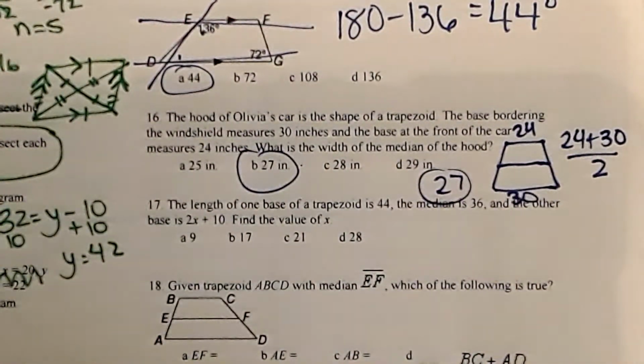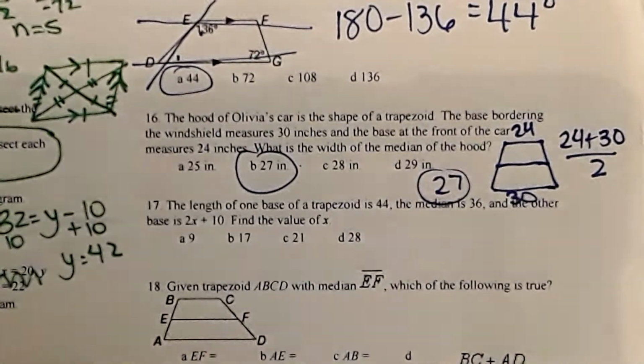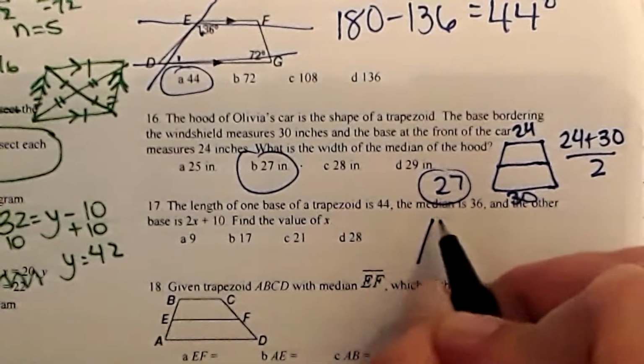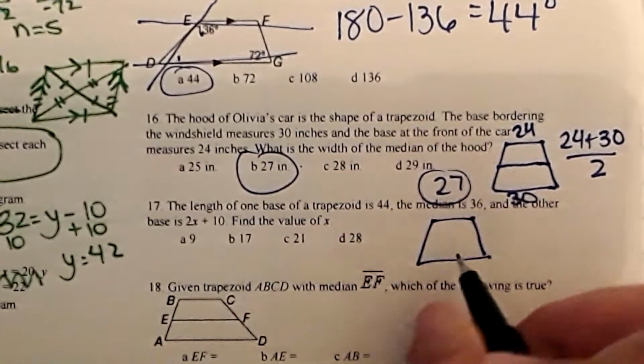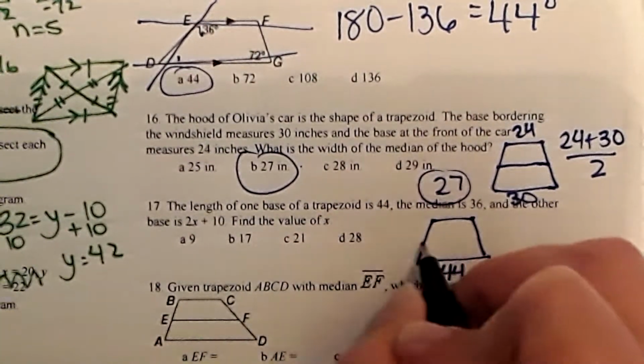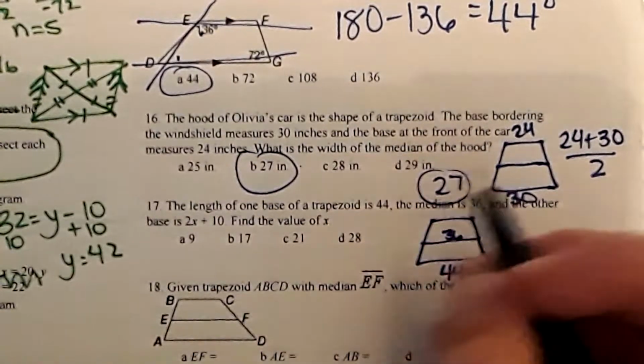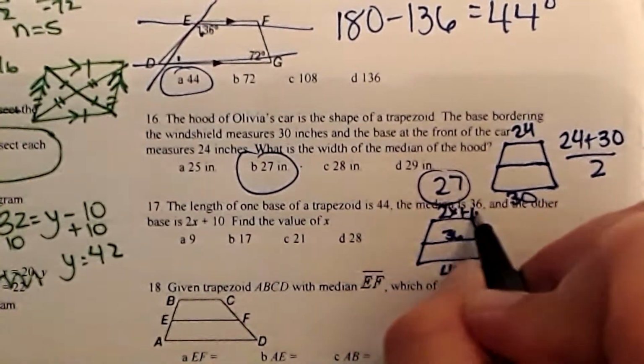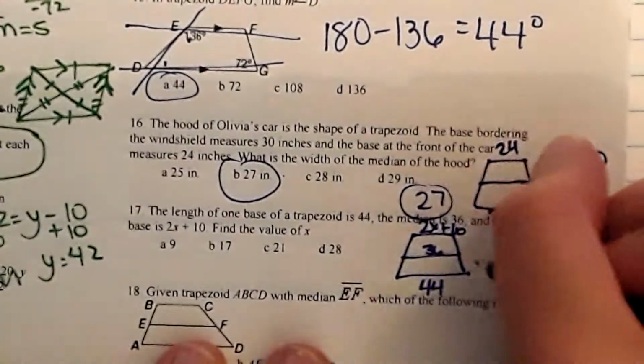The length of one base of a trapezoid is 44 and the median is 36. The other base is 2x plus 10. Find the value of x. So 44, the median is 36. The top here is 2x plus 10. How do we do this? Well,